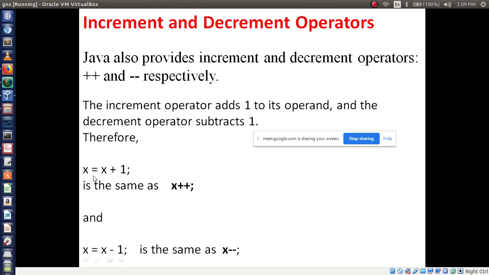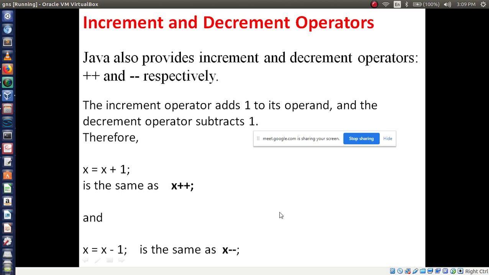So x is equal to x plus 1: instead of writing x plus 1, I can write x plus plus. It means incrementing by 1. For x is equal to x minus 1, we write x minus minus. This is called the decrement operator.